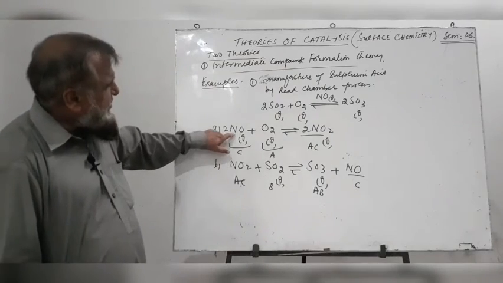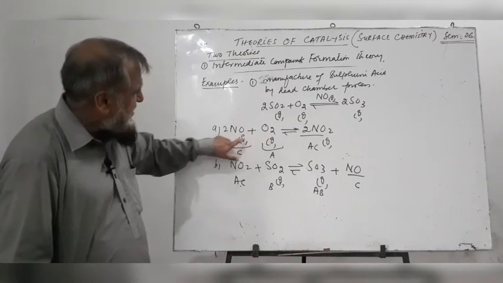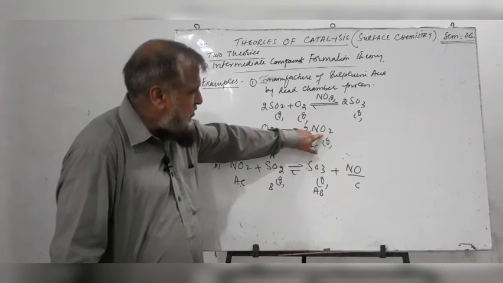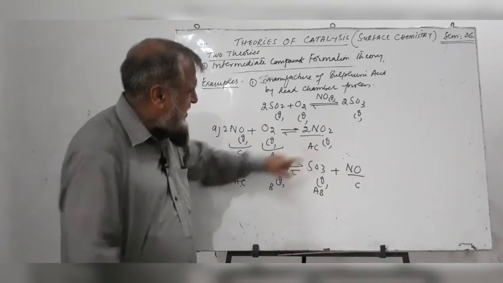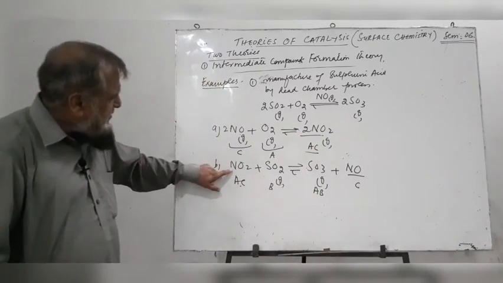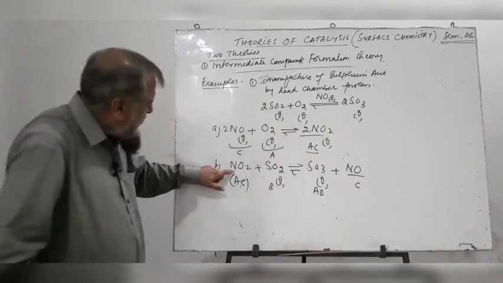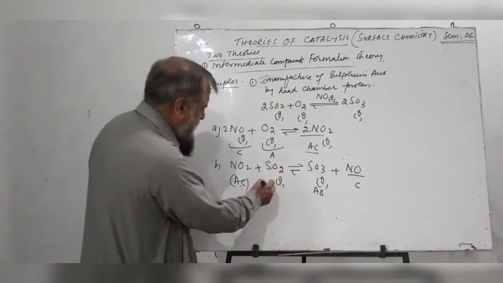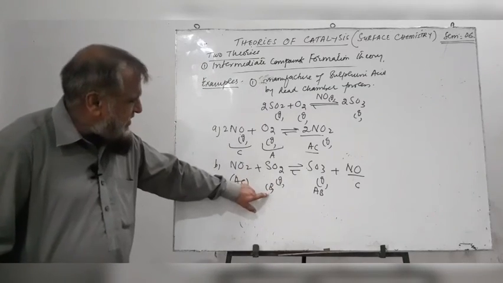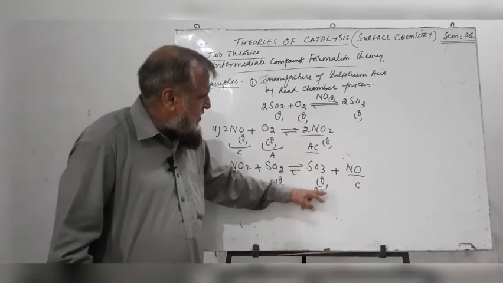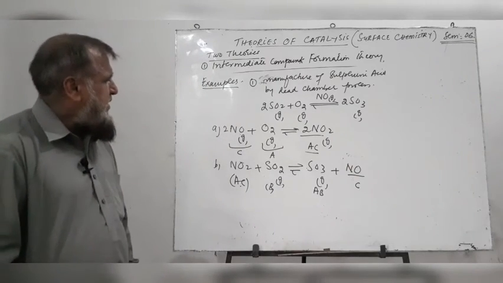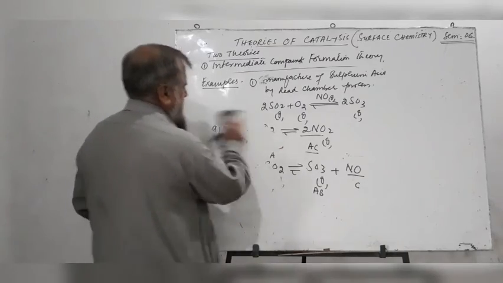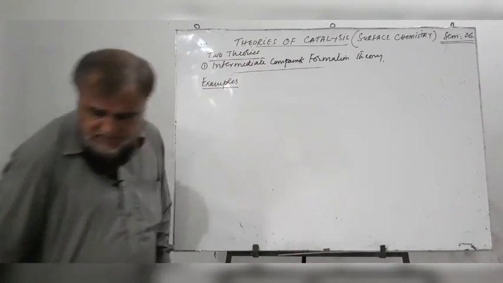The first reactant A, which is oxygen, reacts with nitric oxide, which is catalyst, to produce intermediate compound nitrogen dioxide or peroxide, which may be represented by AC. In the second step, the intermediate compound AC, NO2, reacts with sulfur dioxide and produces SO3. Sulfur dioxide may be considered reactant B, SO3 is the product AB, and NO is set free. The second example of theory of intermediate compound formation is the